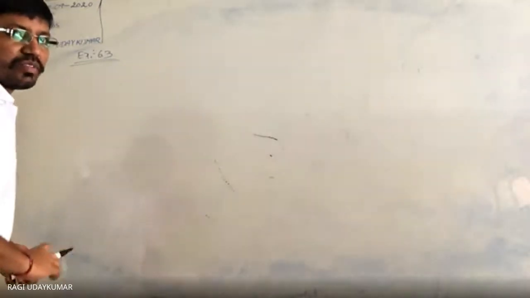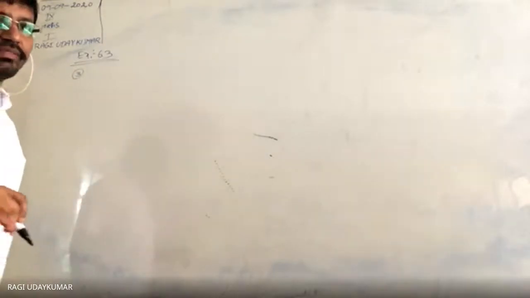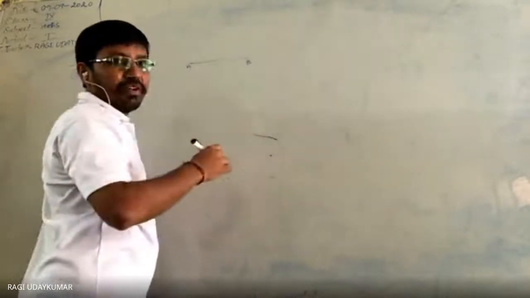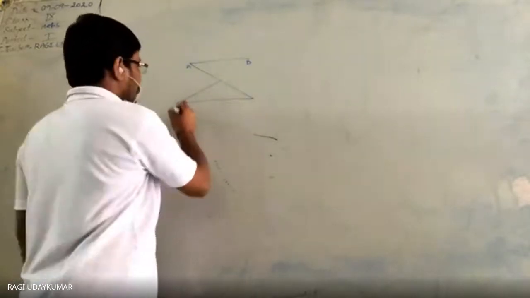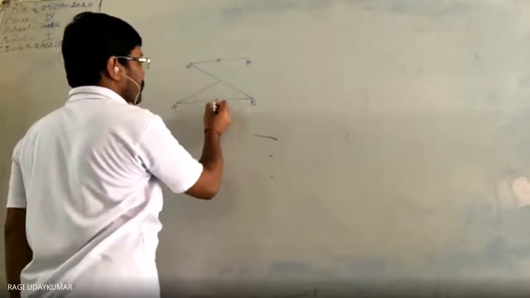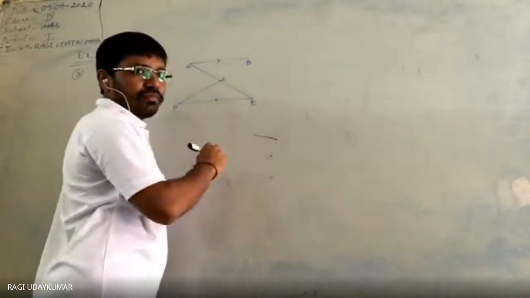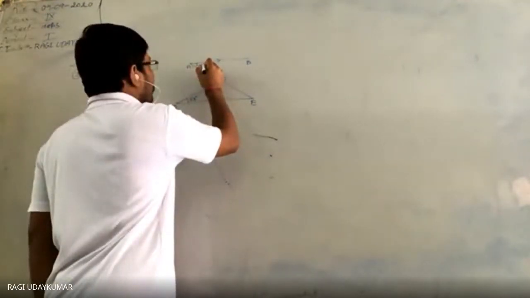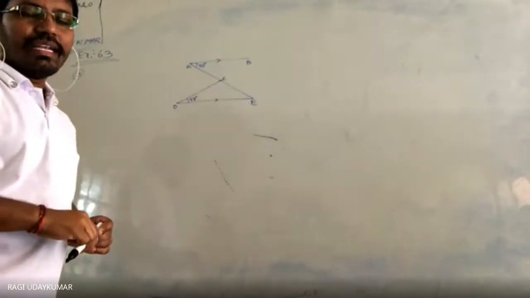Next, the third problem. In that, parallel lines are given. Two parallel lines, AB parallel to DE. This is AB given to you, and like this one triangle is given here. This is DE. So these two are parallel, as it is given. The point here is C. The angle is 53 degrees, and this angle is 35.